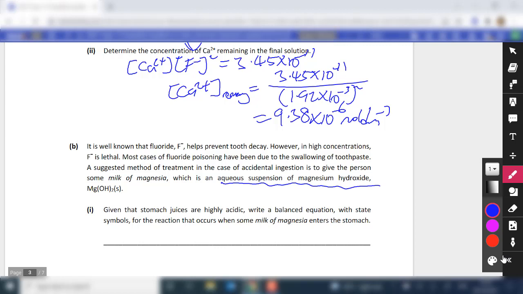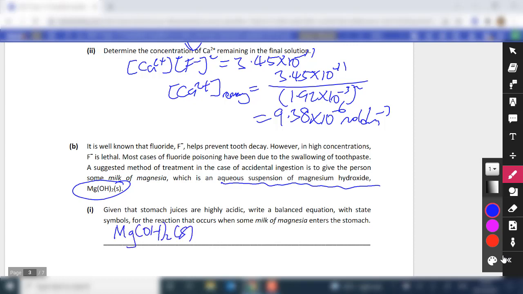So for B1, what you were asked to do is simply, given that the stomach juice is highly acidic, and if you remember from your biology, it contains hydrochloric acid, they ask you to write a balanced equation with state symbols for the reaction between some milk of magnesia which enters the stomach. Since they mentioned that it's a suspension of solid magnesium hydroxide, when you are writing the balanced equation, you cannot write it as OH minus. So it has to be written as